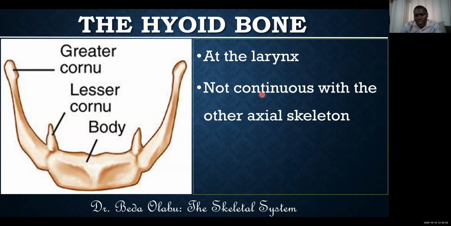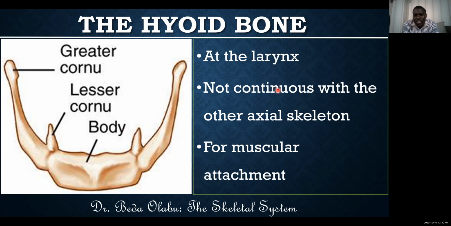The hyoid bone is not really continuous with the other parts of the axial skeleton, so it's largely for attachment of muscles of the larynx. The muscles of your voice box attach to the hyoid bone. Clinically, it's an important bone